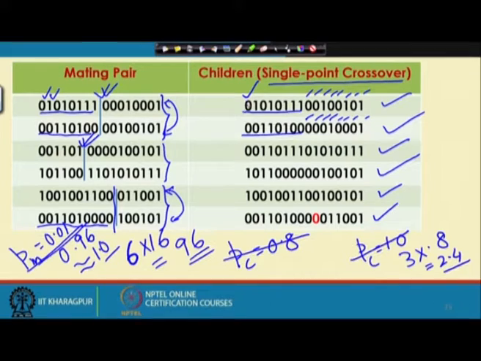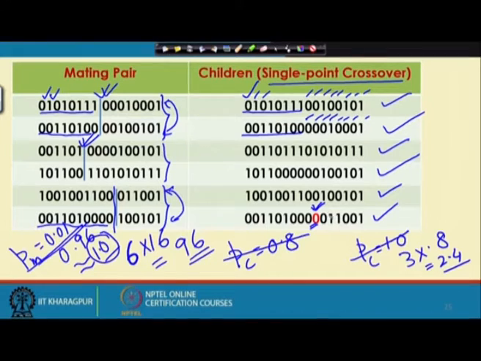So, first you concentrate on the first bit, second bit, third bit, and you just go on trying on all the bits, that means all 96 bits. And as I told, on an average there could be mutation only on one bit. Now, supposing that fortunately or unfortunately, for this particular bit at this particular position, the decision has been taken that there will be some mutation,